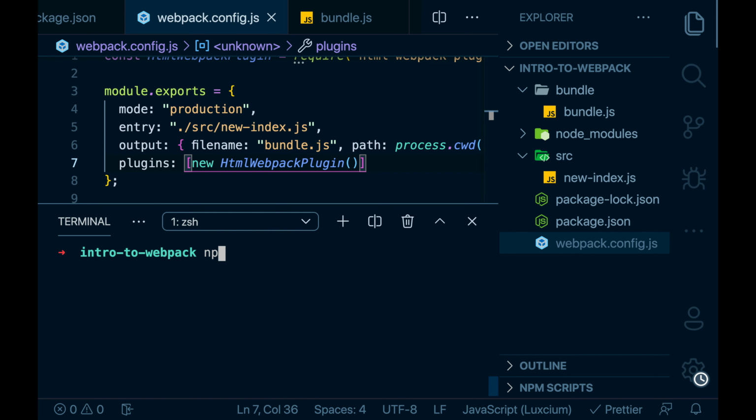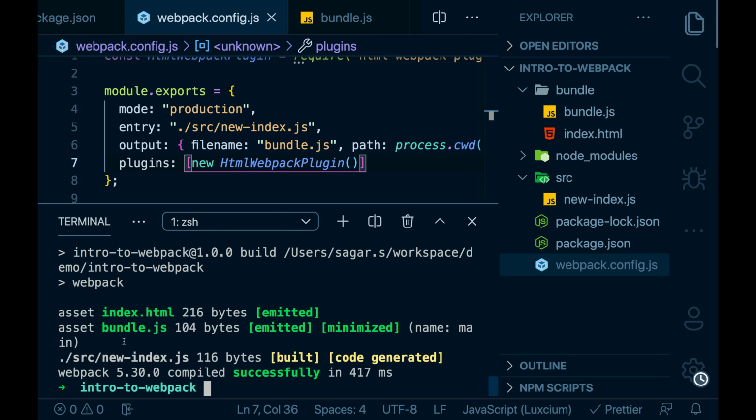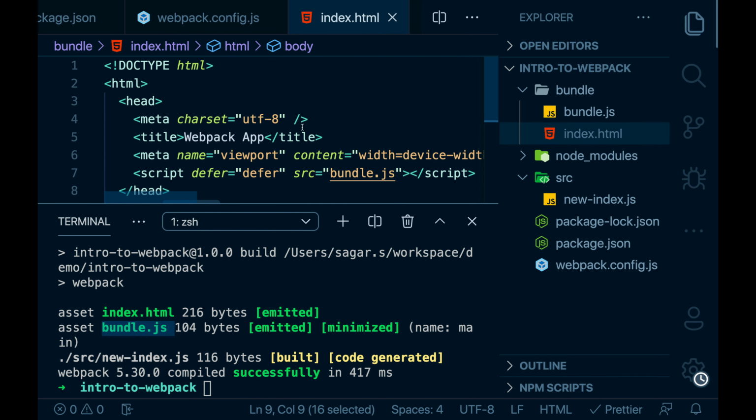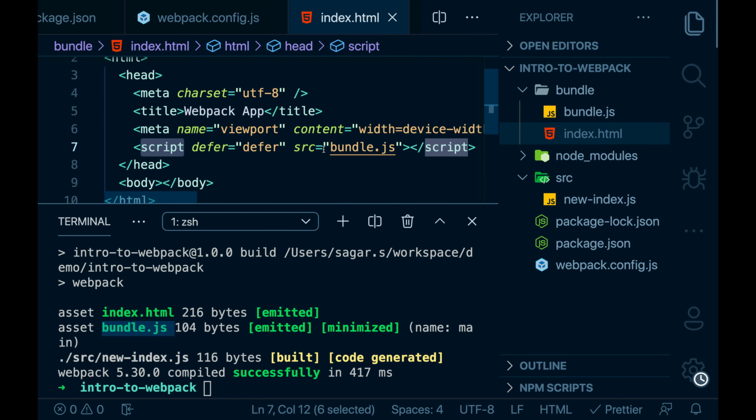I'll say npm run build. There are two files emitted now, index.html and bundle.js. Inside index.html, there is a script tag added, and that is loading our bundle.js.